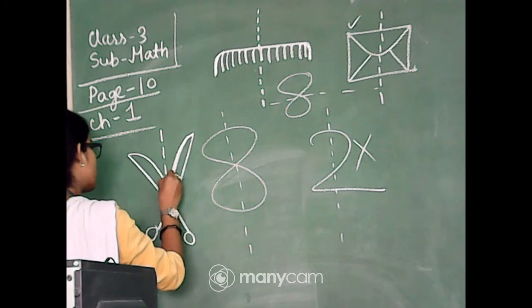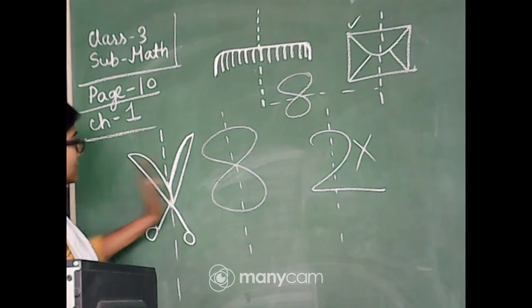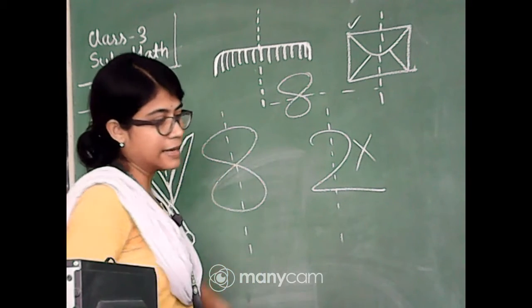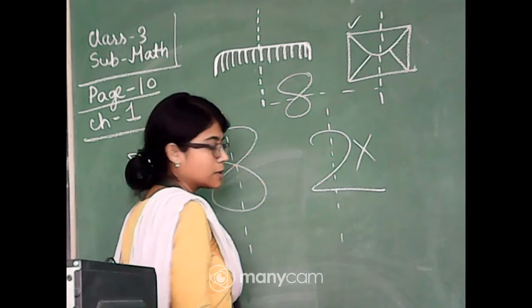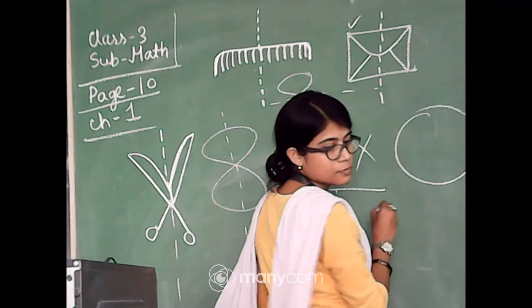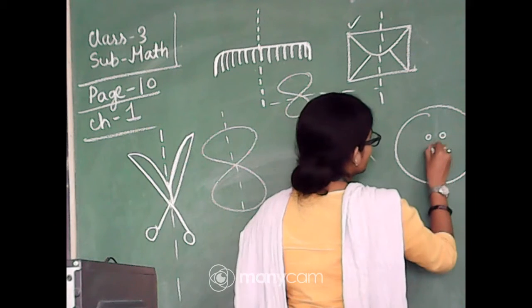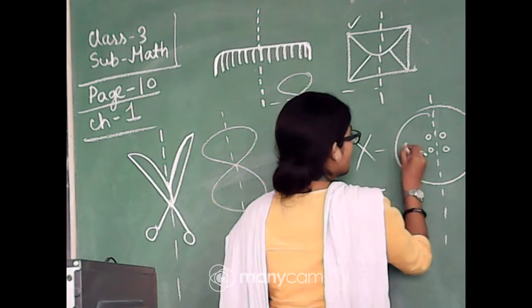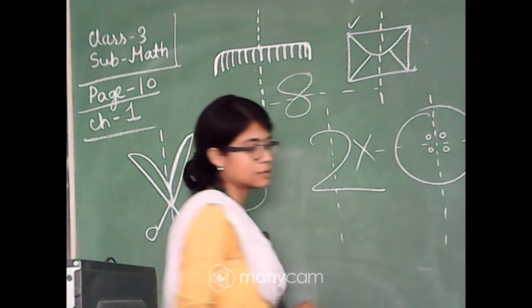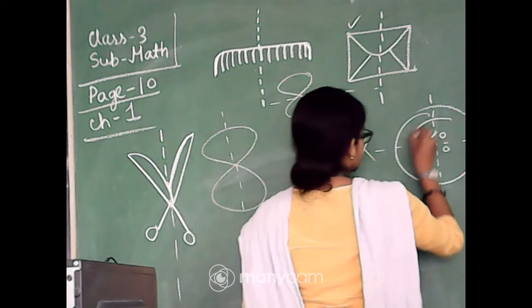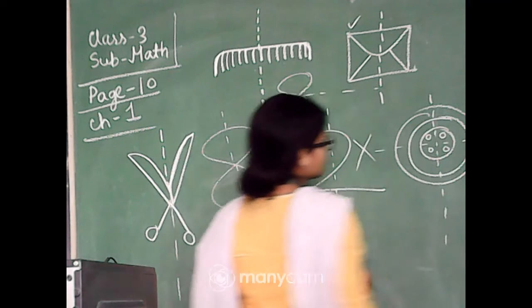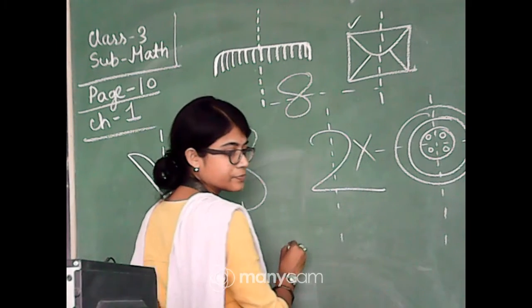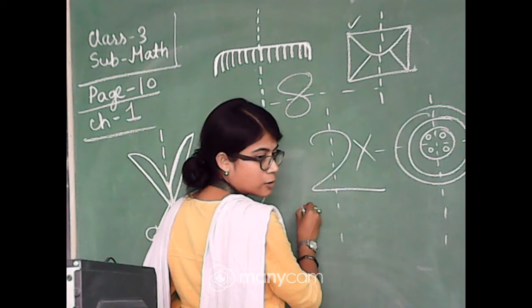If you use this dotted line, both the sides can be similar halves. Then after that, a button over there, a short button. So there are 4. You can divide it like this, and you can divide it like this also by using the dotted line. Then look at the picture of the teapot.